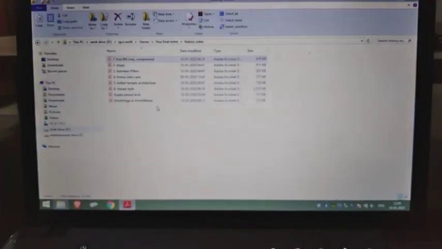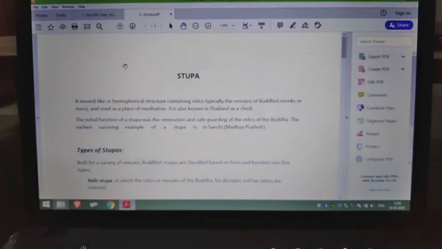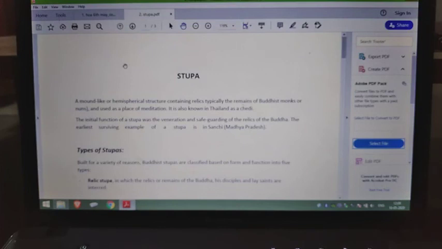So if you come back to this, I've given you some other study material as far as what a stupa is and the Ashokan pillars and Lomas Rishi. Take these three topics. This is the basic information which you need to do no matter what the question is. क्योंकि I've seen कि कुछ previous years में they have given this question, so I just want to go through this once.